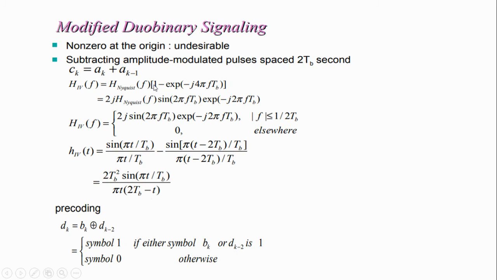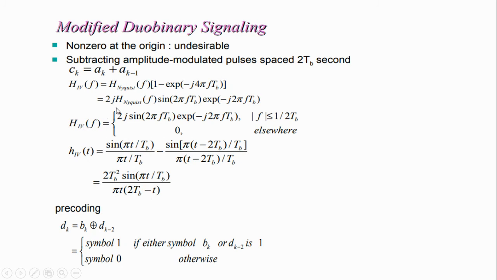e power plus j 2 pi f Tb minus e power minus j 2 pi f Tb, and we know that e power j theta minus e power minus j theta divided by 2j is equal to sin theta. Here we can convert to that form: 2j H Nyquist of f times sine of 2 pi f Tb times exponential of minus j 2 pi f Tb, and then the Nyquist function,